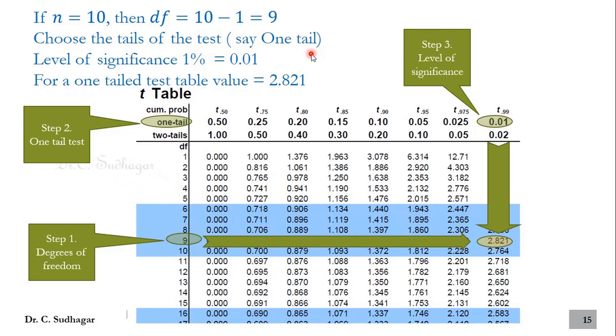Based on the degrees of freedom, we have to choose the different rows, and depending on the level of significance, we should choose the different columns. In the columns also, we must be very careful whether it is a one-tail test or two-tail test. One tail will be in the first row and two tail is in the second row. This table takes care of one tail and two tail different values automatically. No need of going back to the Z table.